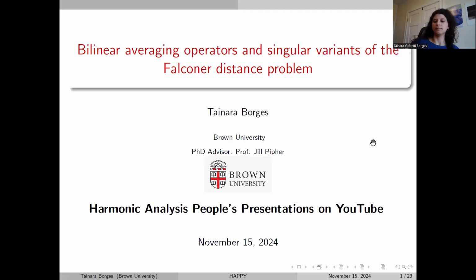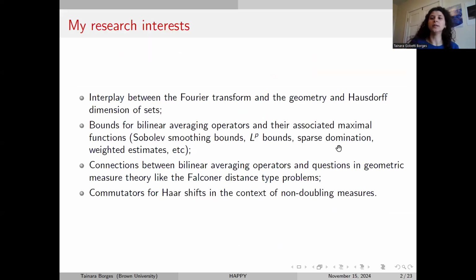problem. Before we get into that, though, let me also mention what are the things that I've been interested in so far. I like harmonic analysis and geometric measure theory questions. I'm very interested in the interplay between the Fourier transform and the geometry in Hausdorff dimensional sets. And for my